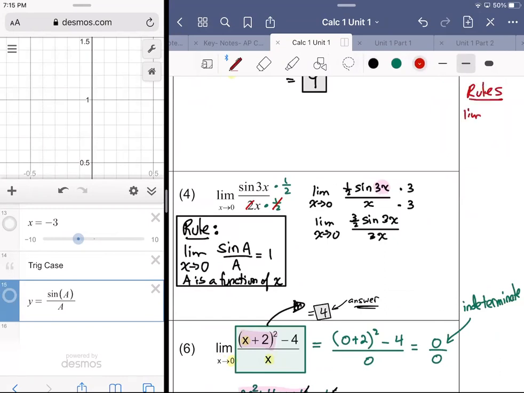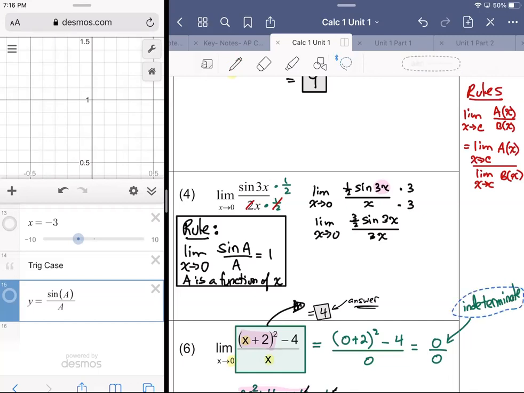If I have the limit as x approaches some constant c of a of x over b of x, that would be the same as saying the limit as x approaches c of a of x over the limit as x approaches c of b of x. All right, so we can break up division. So that would be one rule. Another rule,